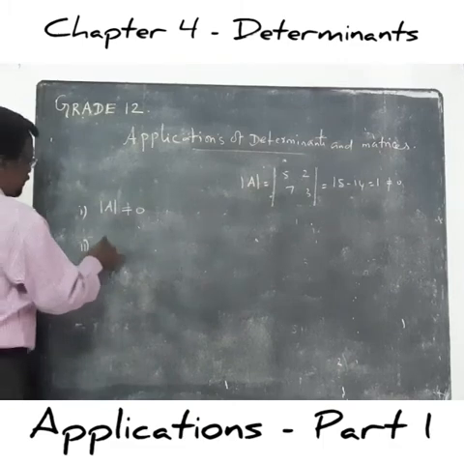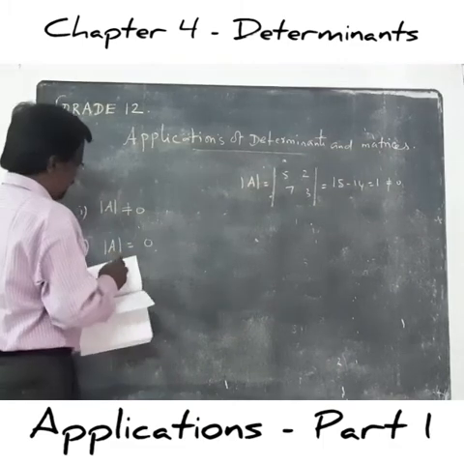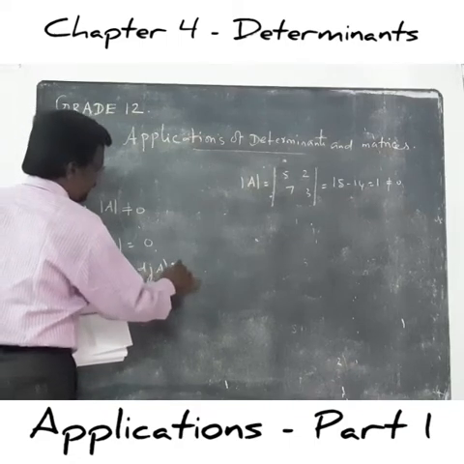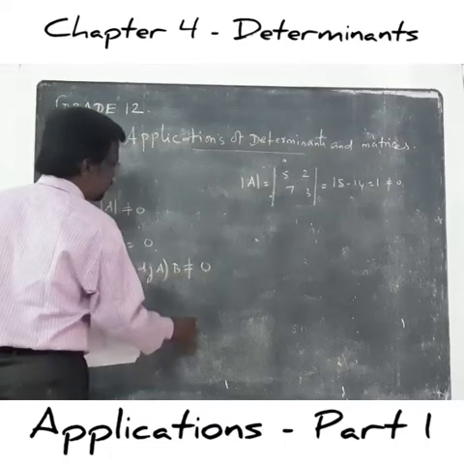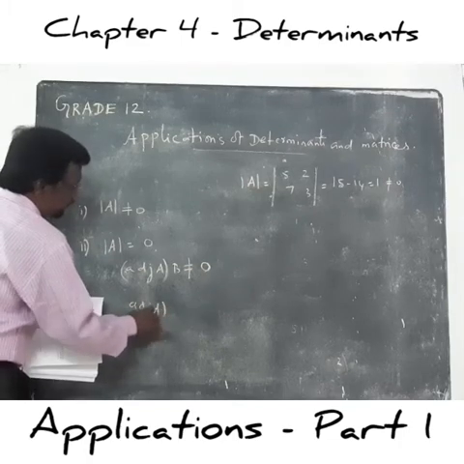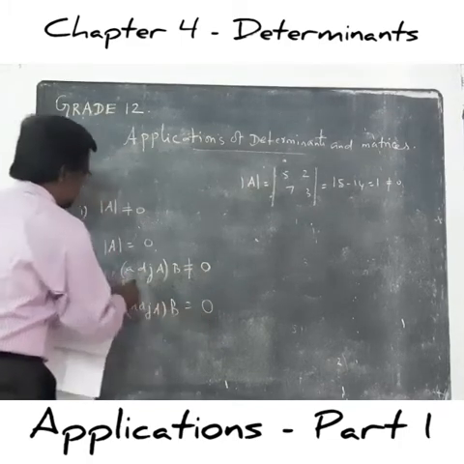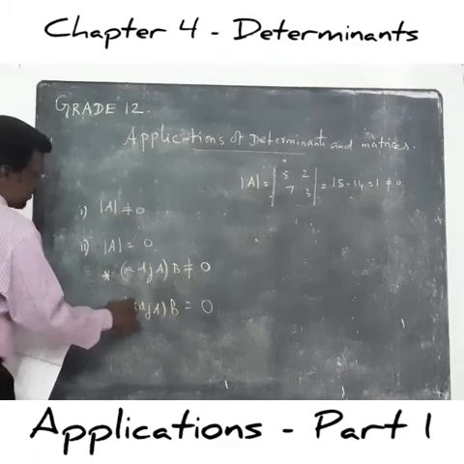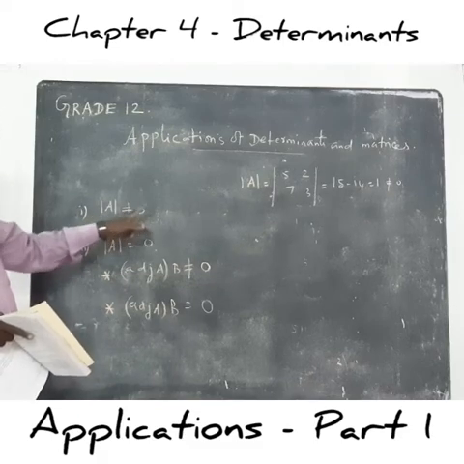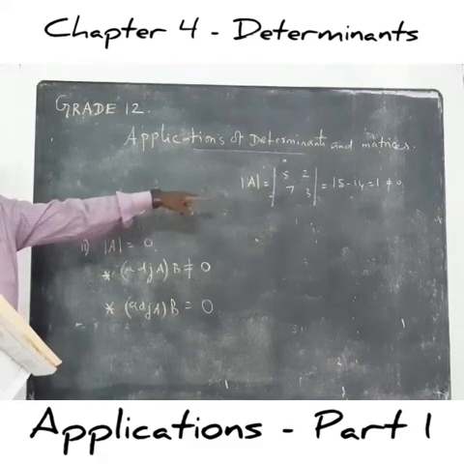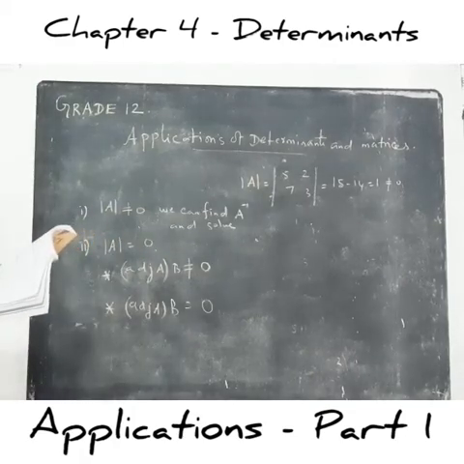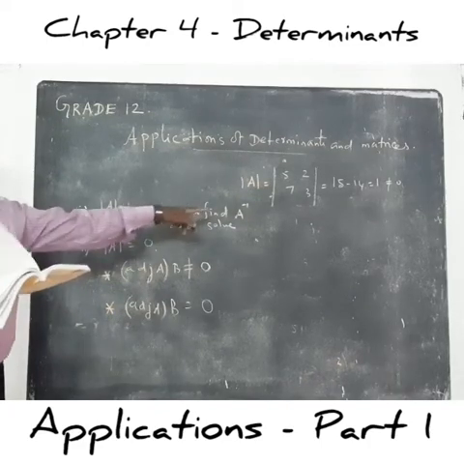Suppose the determinant value is equal to 0. Then find adj A and B. At that time the product may not be equal to the 0 matrix, or it may be the 0 matrix. Suppose adj A into B is equal to 0. Two cases may arise. Suppose the determinant value of A is not equal to 0, we can easily solve the system of equations using A inverse. If the determinant value of A is equal to 0, at that time we cannot use A inverse.